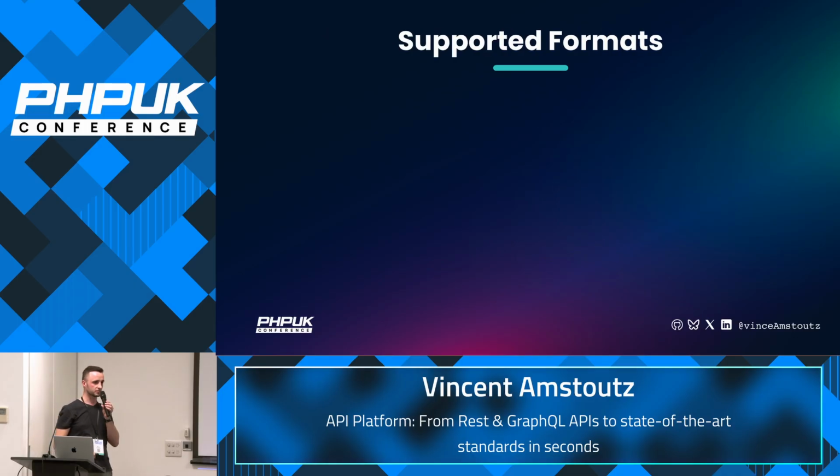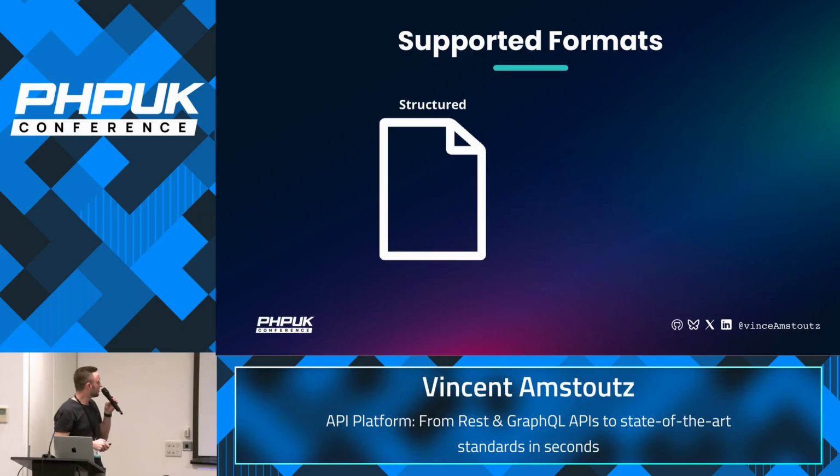About the supported default formats, the native formats that are included by default in API platform. First, we have the structured formats, which means formats that have a defined structure. So it's important for interoperability. You have the GraphQL format, the CSV format,